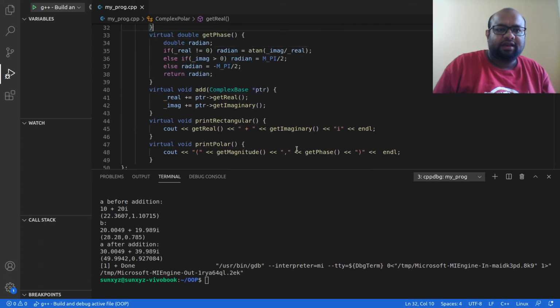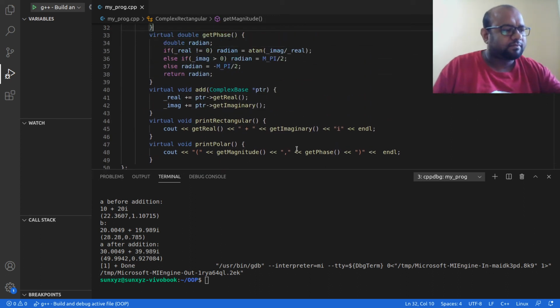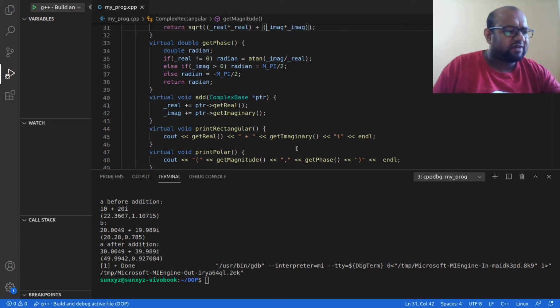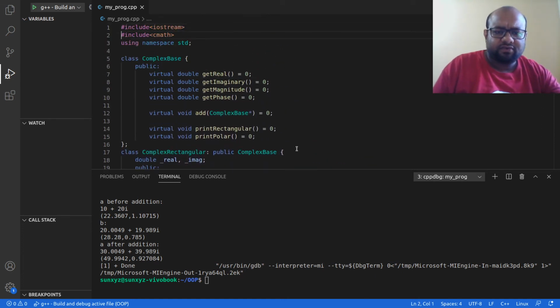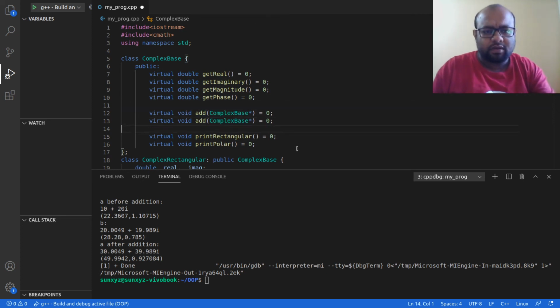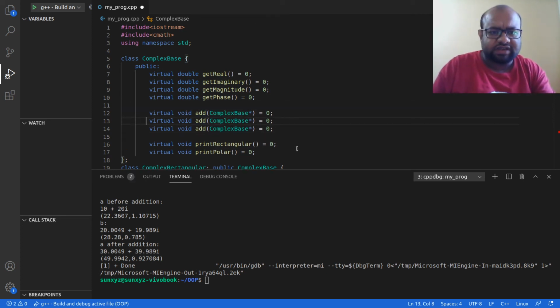Okay, let me go ahead and finish up the implementation. I have two more things that I need to do. One is I need something to do subtraction, let me call it minus, and I need something to do multiplication.